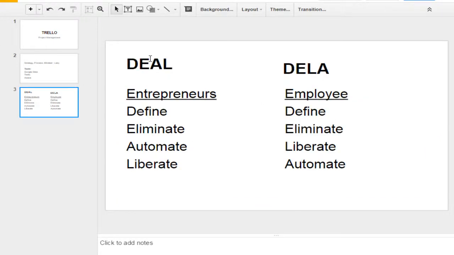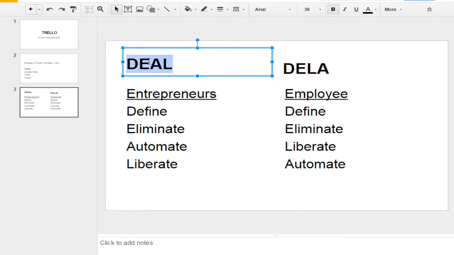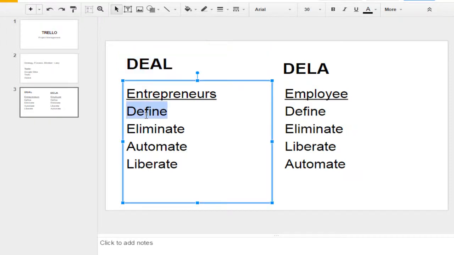So this concept I got from The 4-Hour Work Week. Entrepreneurs like DEAL lah. So what does DEAL mean? It means Define, have a clear process, Eliminate those things that waste your time, Automate and Liberate. For example, if you have a project, you must clearly define what you want from the project, and clearly define the steps. The more precise, the better lah. The individual steps of the project, obsess about the project, and eliminate from the project, from the process.